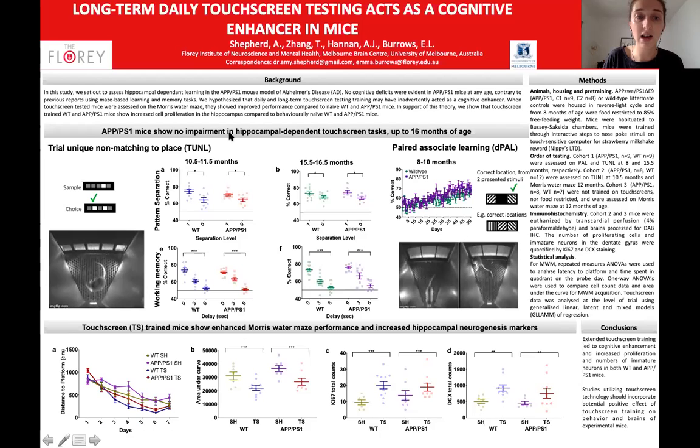So we took our animals that had undergone the tunnel task and ran them through the Morris water maze alongside a cohort of behaviorally naive standard house mice. You can see the training here over the past 7 days. When we calculated the area under the curve, we saw in both our wild type touchscreen trained animals here in blue and in our APP PS1 touchscreen trained animals here in red, a smaller area under the curve,